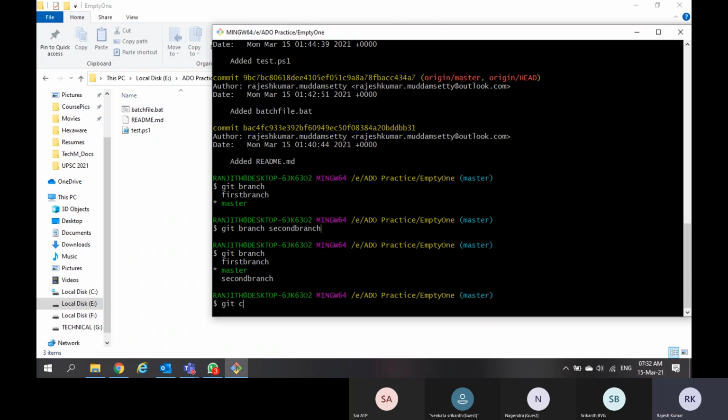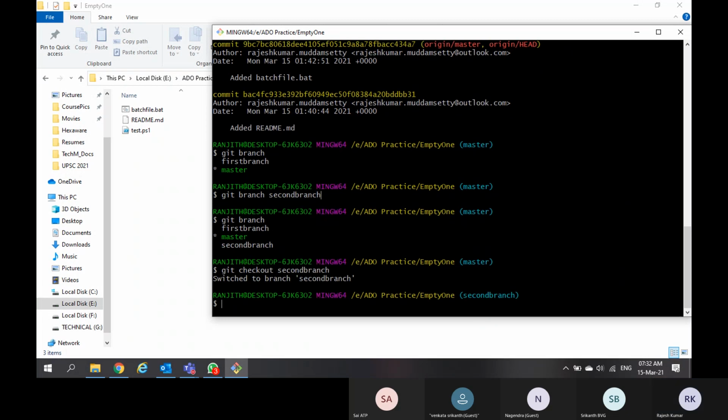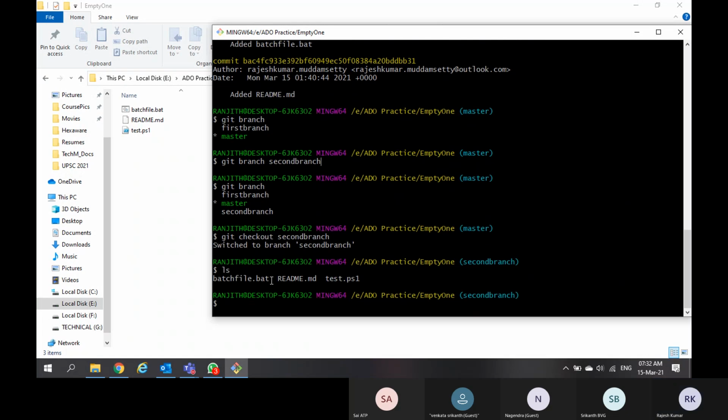Now if I do git checkout, checkout is nothing but switching your branch. If I check out to the second branch and perform ls, see, the 3 files which are in the master branch are already here in the second branch. And it's not only the files, it comes with the history, guys.